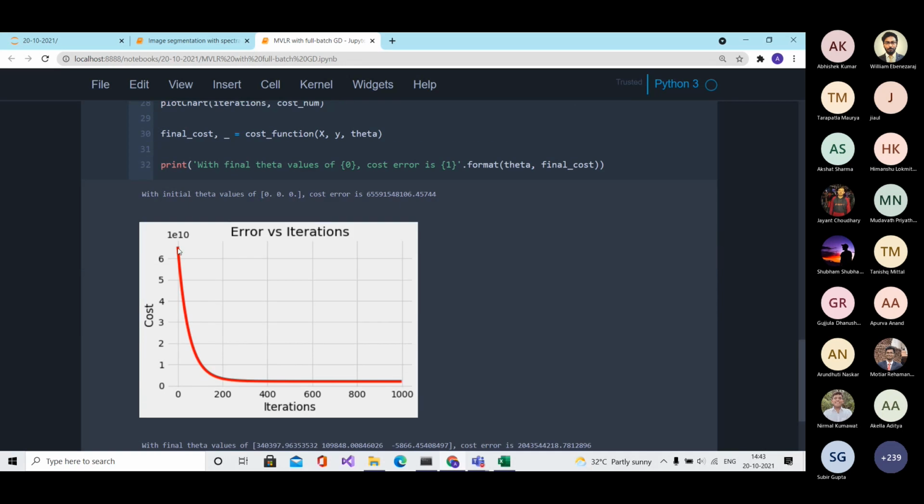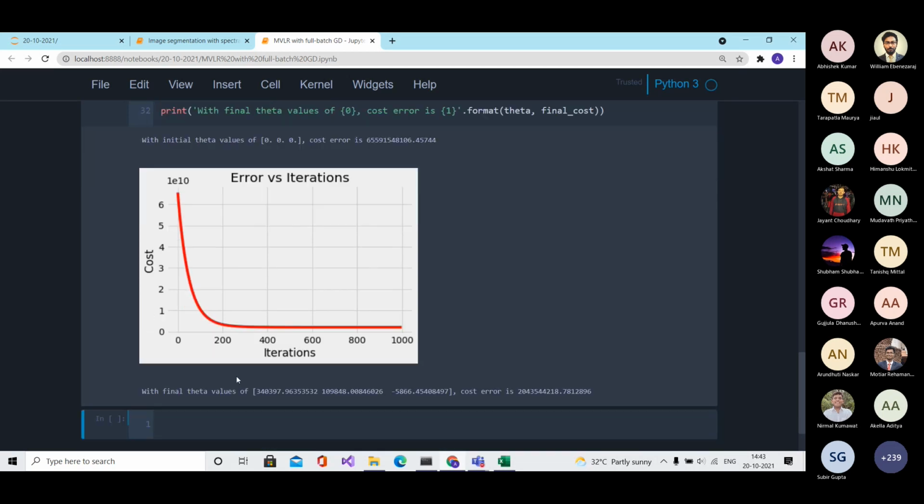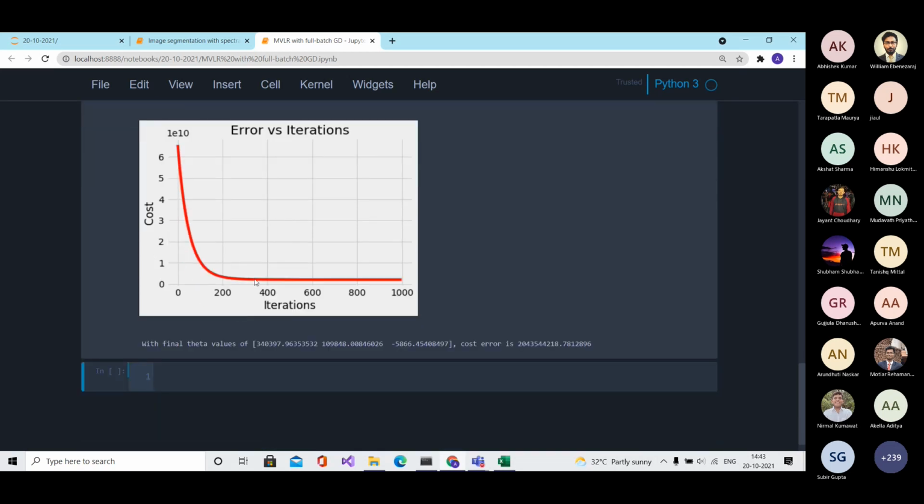Initially, when the vector was all 0, we were getting a very high error, but as the gradient descent continued, we can see that with the increase in iteration, the error rate reduced till a certain iteration, and after that it remained constant. That is, it reached a minima, after which it did not change.